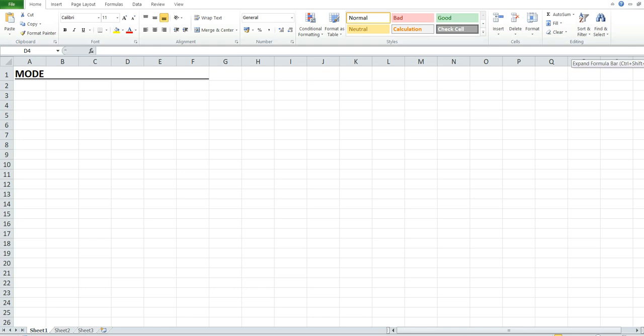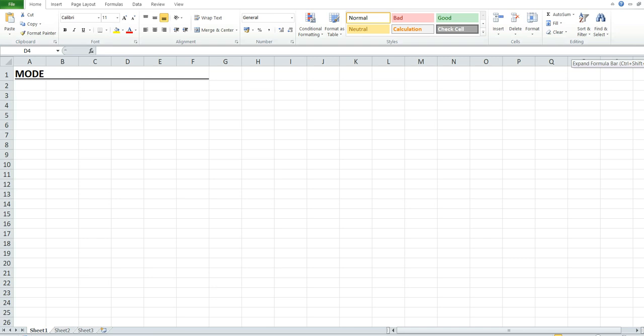So what does it do? This function displays the most frequently occurring number in a group of numbers. For it to work correctly, there must be at least two numbers which are the same. If all the values in the group are unique, the function shows an error. When there is more than one set of duplicates, the number closest to the beginning of the group will be used, which is not really an accurate answer.